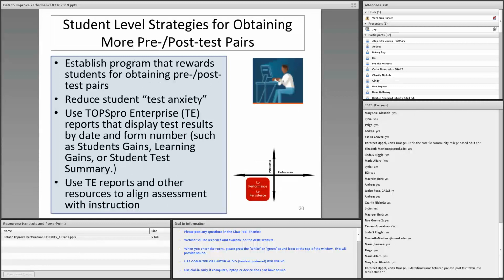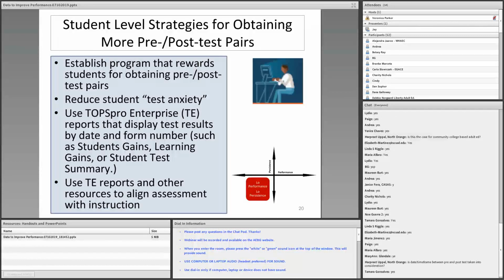More student strategies, obviously a lot with pre-post. Establishing rewards is a really good idea. I'll just say, after 12, 15 years of doing this, I've seen lots and lots of agencies come up with these little reward plans. Usually the rewards agencies provide are very minor, but even though the rewards are very low dollar value and seemingly very low significance, they still seem to hold a lot of significance to the student. So from my perspective, you literally can't go too low. You can come up with stuff that seems really menial and it still seems to do a good job motivating